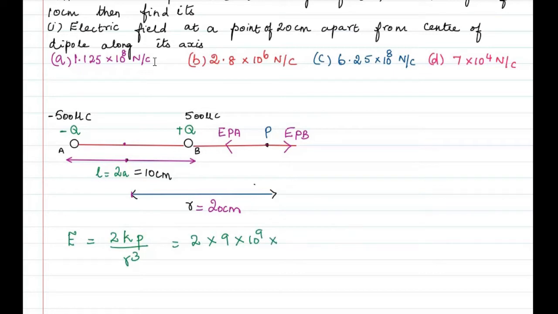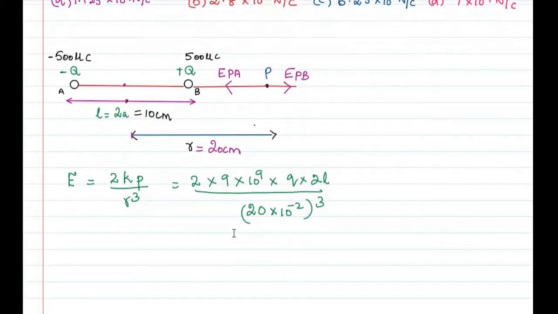So what is P? P is equal to Q into 2L, divided by R cube. R is equal to 20 centimeter, so convert to meter, get 10 power minus 2, the whole cube. So we have the value,